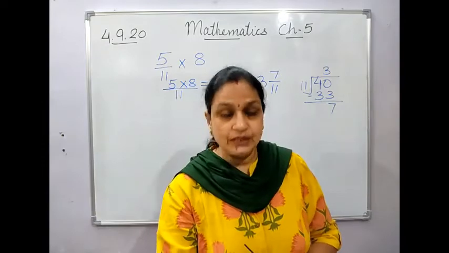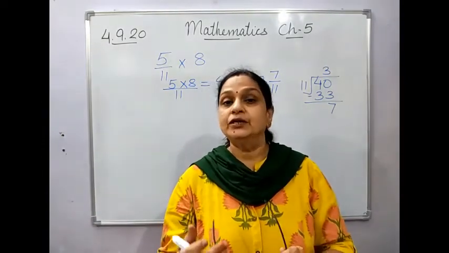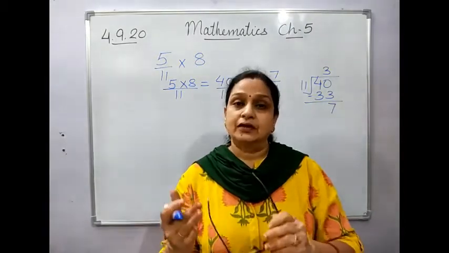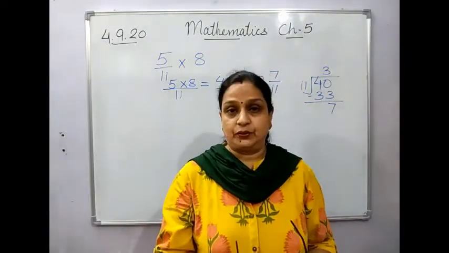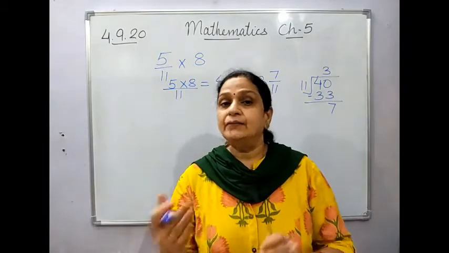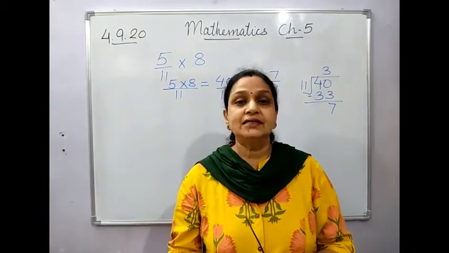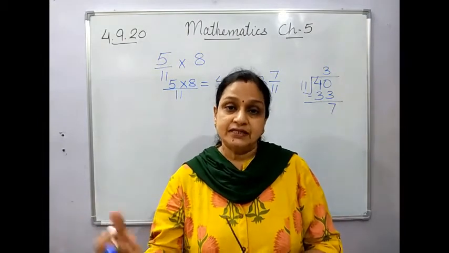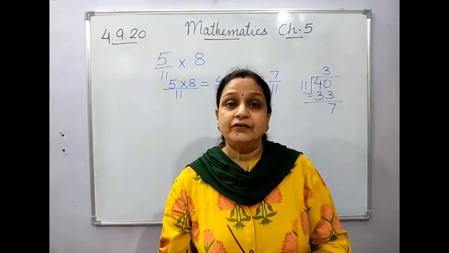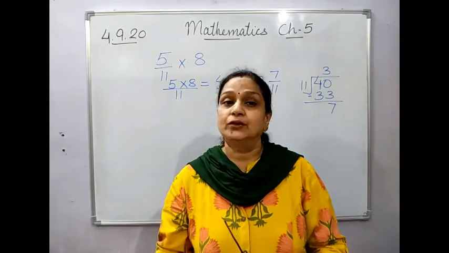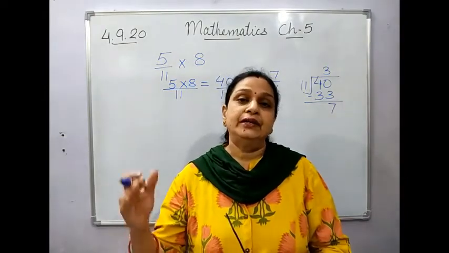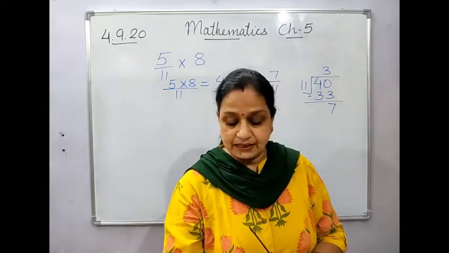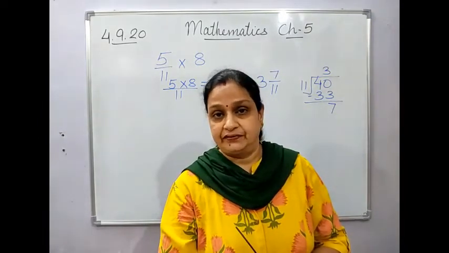See children, there are two words in multiplication and division. The word used is whole number. Whole number means the natural counting numbers with 0. And you know we can multiply by 0. Although the answer is 0. When we multiply anything by 0, the answer is 0. But still we can multiply. But we cannot divide by 0. No number can be divided by 0. It is meaningless. That is why it is only written natural number in the definition.